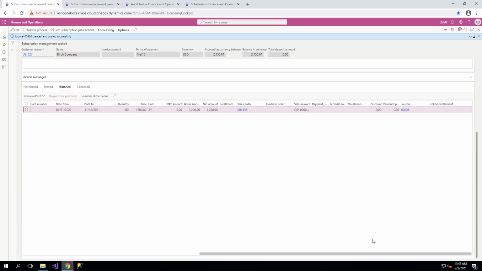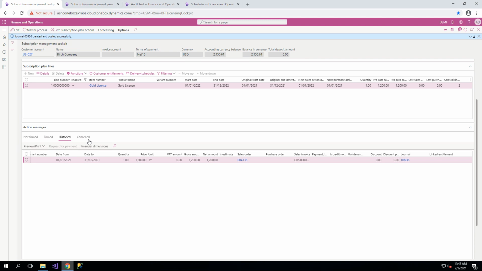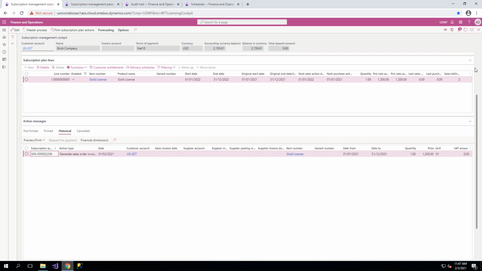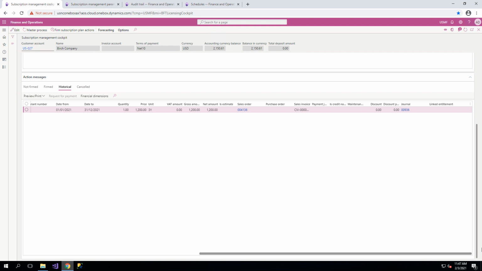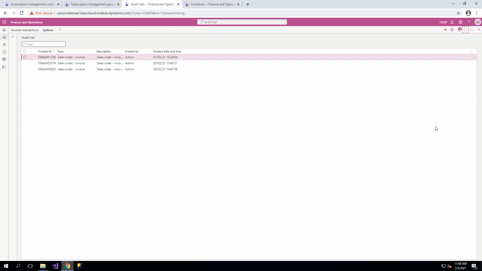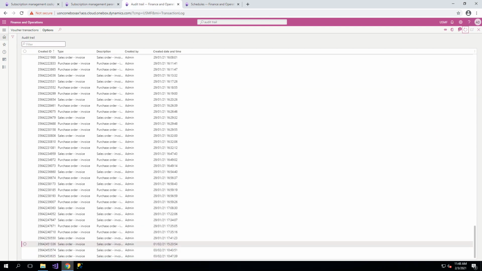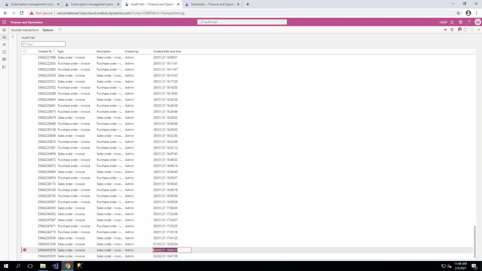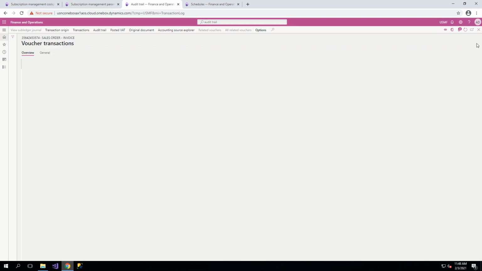And now let's go to the historical tab. Since we have a contract and we have revenue recognition, we can notice as well that we've linked a journal to the action, and that is for the posting of revenue recognition. So if we refresh our audit trail, this is the standard Dynamics 365 Finance audit trail in this case, and there is our